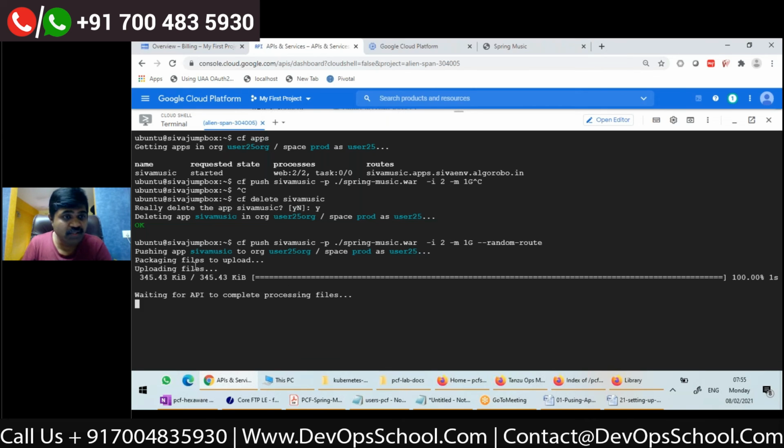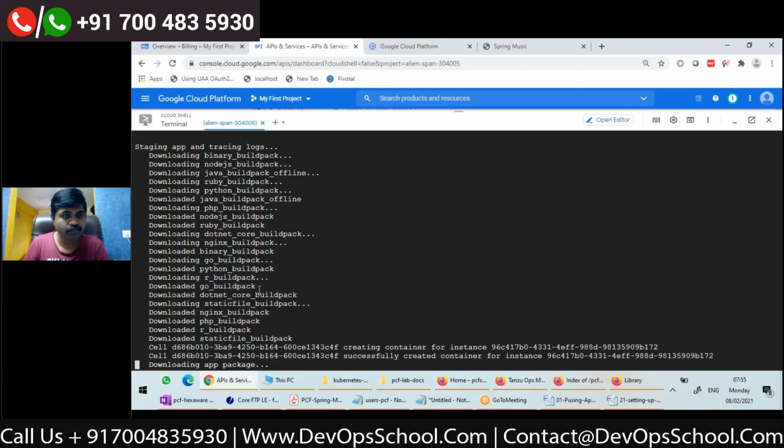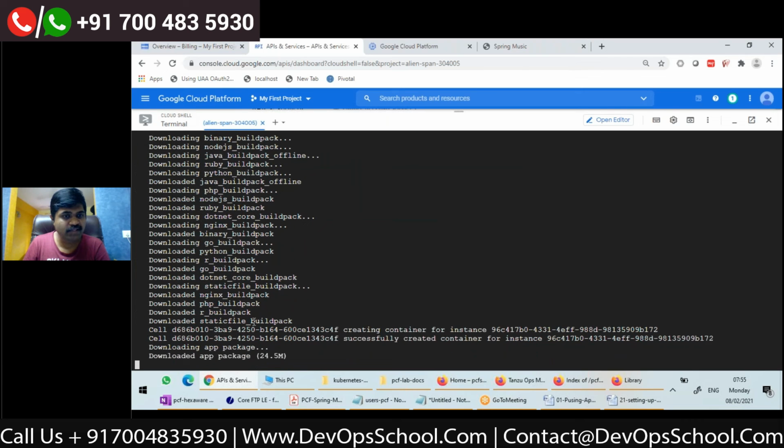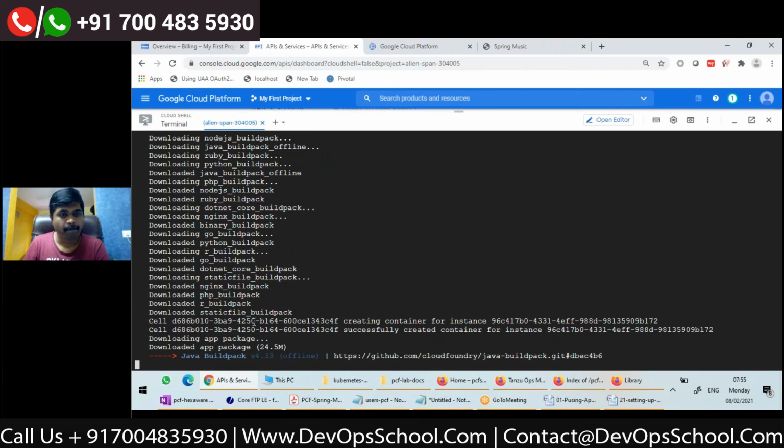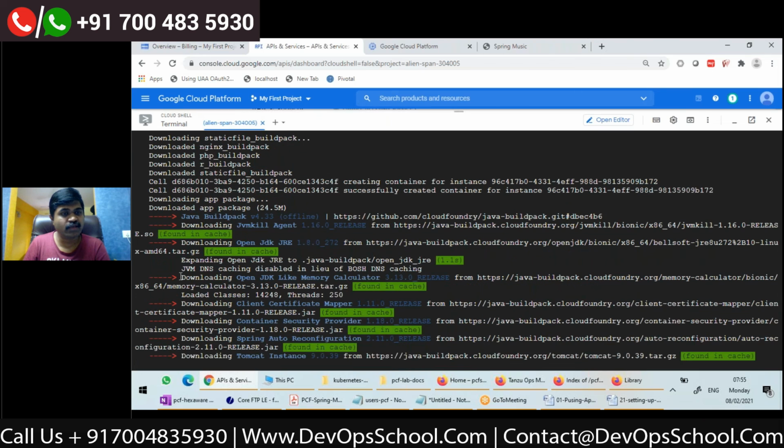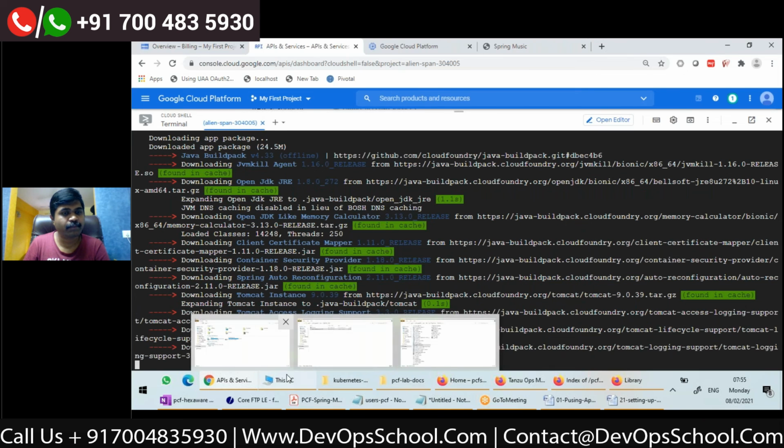Now you can see the same thing is happening again. It is uploading the files, and the staging is starting, downloading the build packs, then executing the Java build pack.